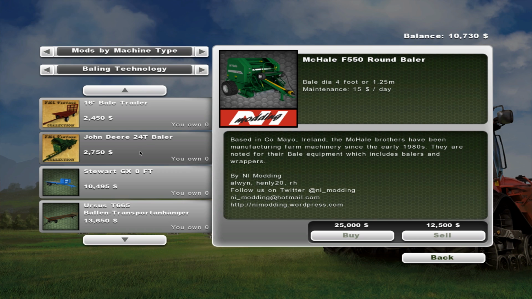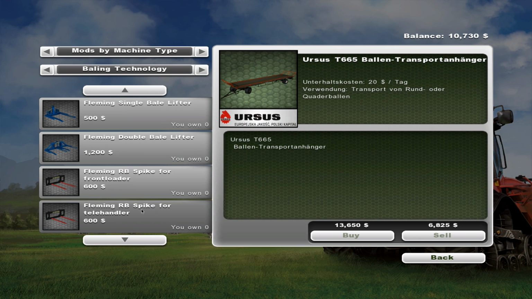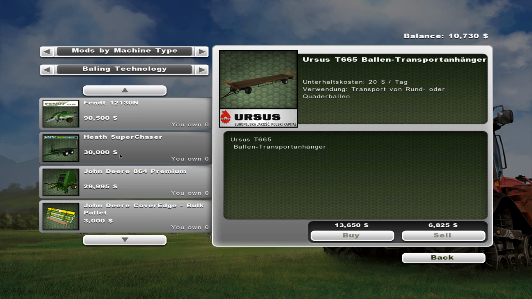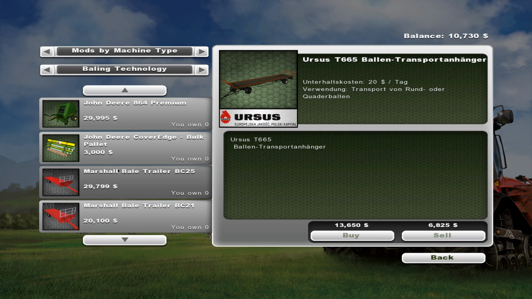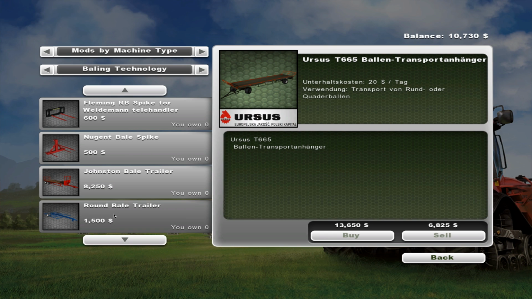But the other problem we run into is we need to be able to transport the bales. Now I did add this mod. This is a mod recently added. It wasn't recently, but it was added a while ago. It's the Ursus T665 bale trailer. Now that's a bit expensive actually, in comparison to, I don't know. Well, actually, those are kind of expensive too. I guess what I'm thinking of is in comparison to the NI modding trailer, which is this one right here